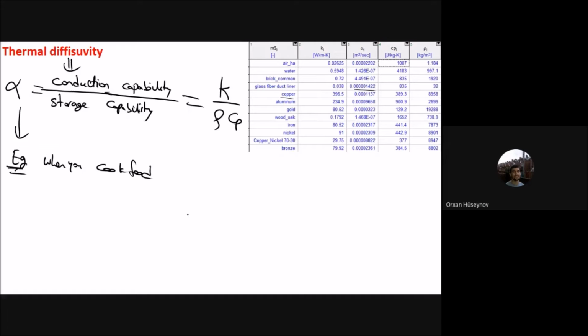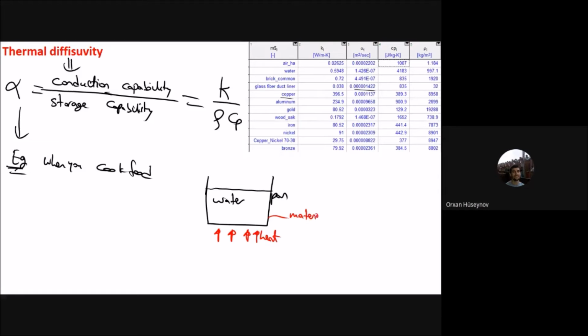Okay, when you cook food, you have the pan here. This is the pan, and inside that pan, you have the water. And you are transferring heat. Let's say that this is the heat that you are transferring to that pan here. So if the alpha is very, very small,